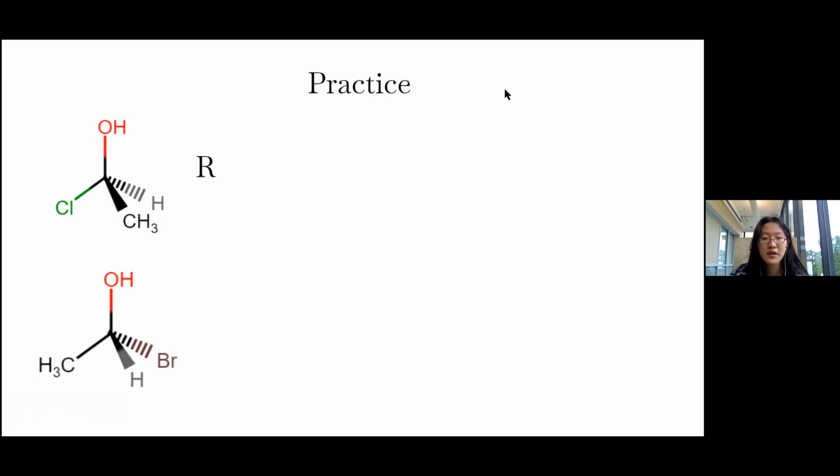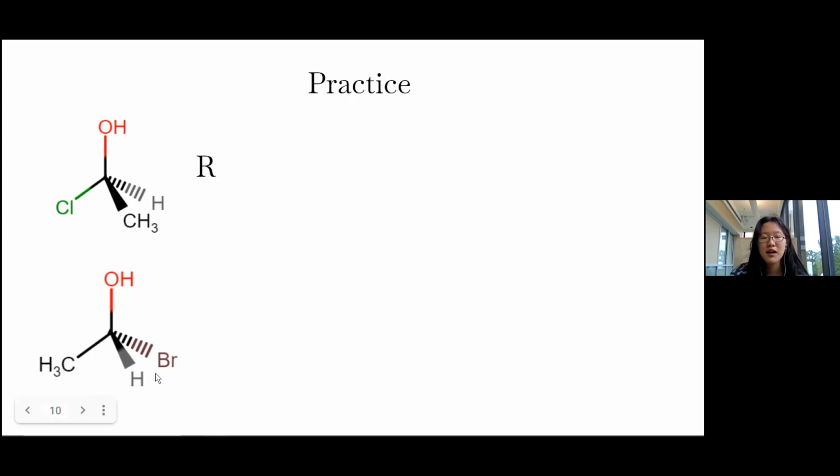Yeah, it's going to be bromine, oxygen, carbon. So from this perspective, it's going in this direction. Is this clockwise or counterclockwise? Yeah, it's counterclockwise. And so if you were to just end it here, we would say that it is S